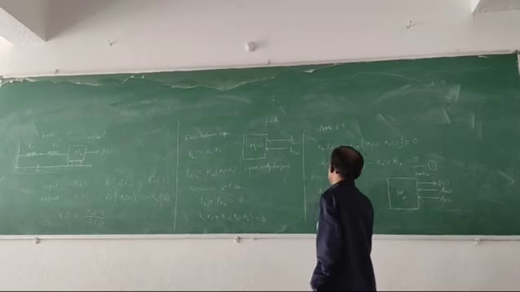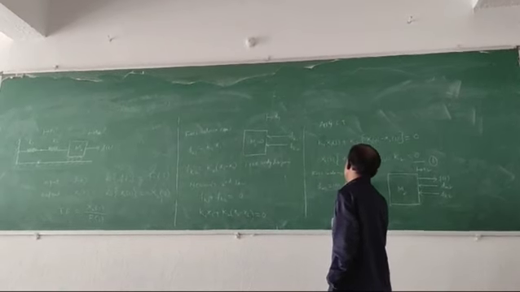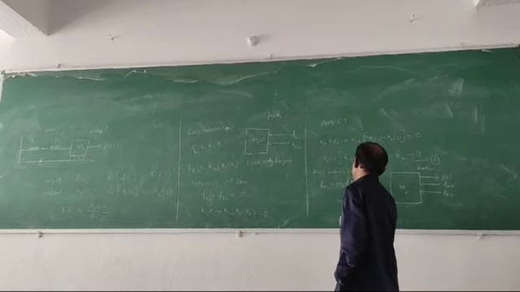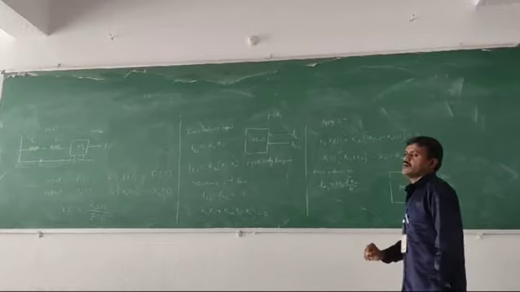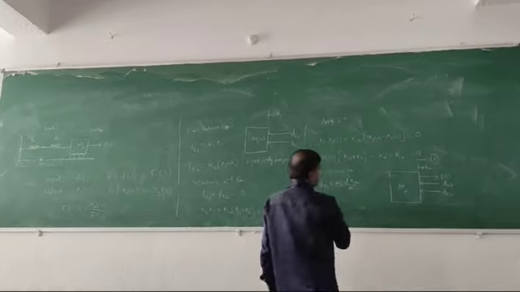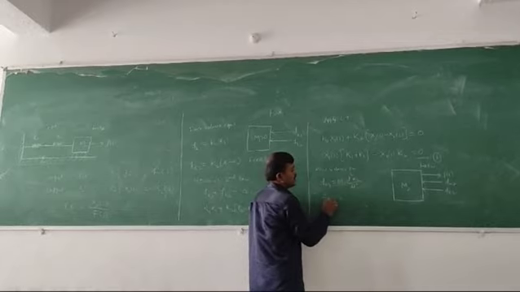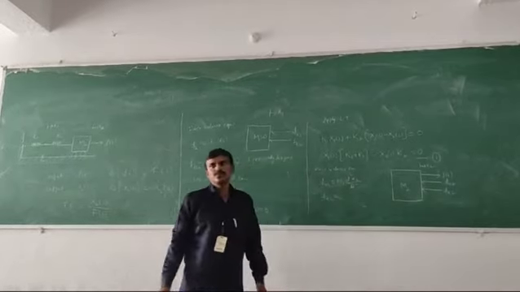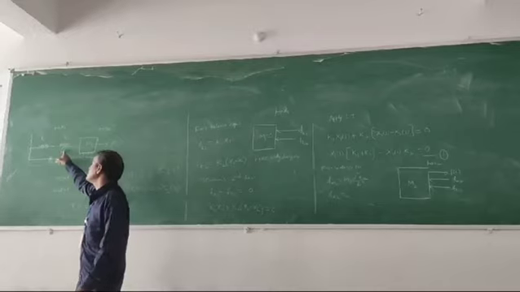So now write the force balance equations. F(M2) is equal to M2 into d square x2 by dt square, differential equation. Then F(K2), the spring K2 is having displacement